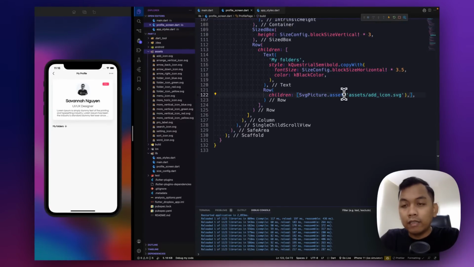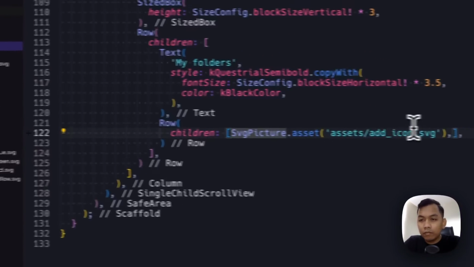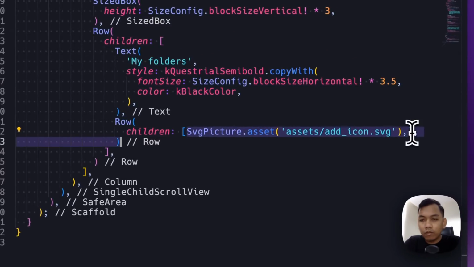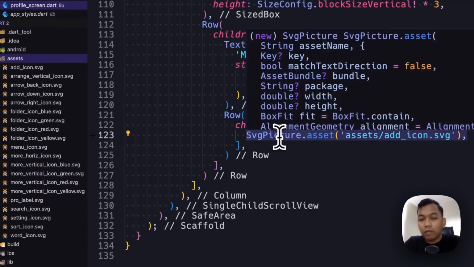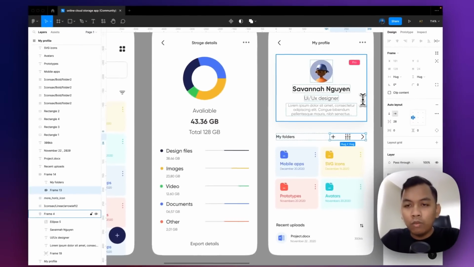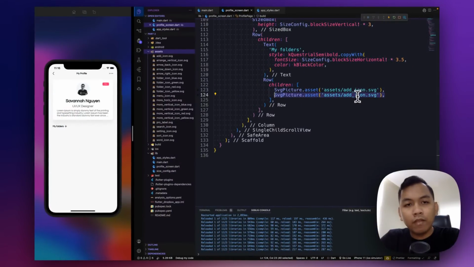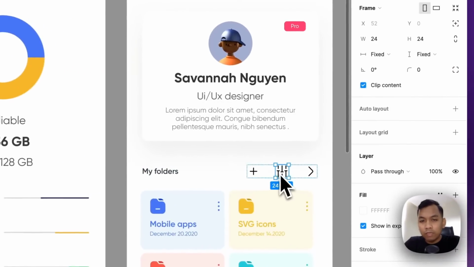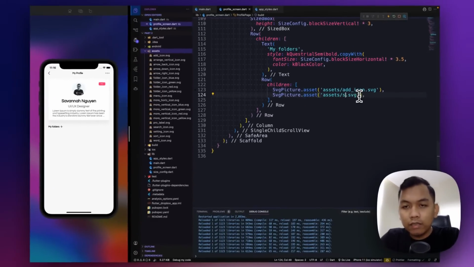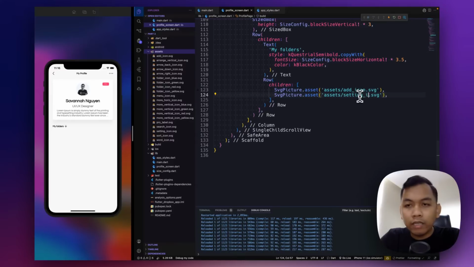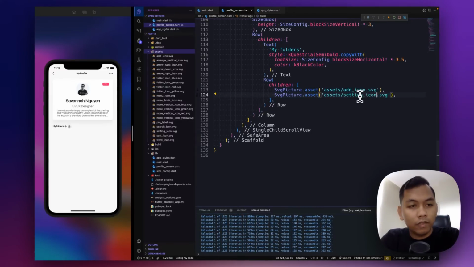All right. The second one will be, just copy. What is this icon name? Setting. Assets, setting icon. All right.